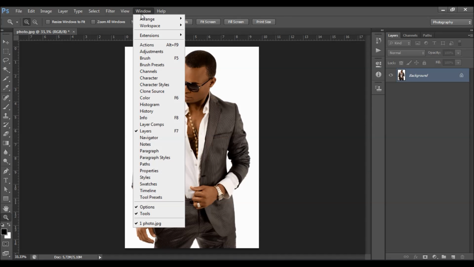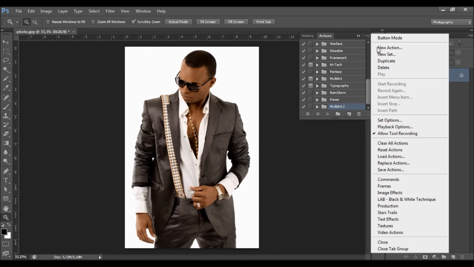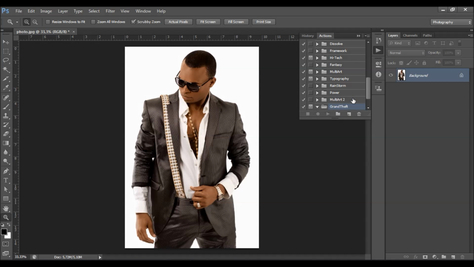Okay, and to load the action, go to Window, Actions, click on this little arrow here, Load Actions, and just choose the action that came with the download. Okay, here it is. So we got the Grand Theft Photoshop action and frame action. Okay, so now make a new layer, rename it to brush,